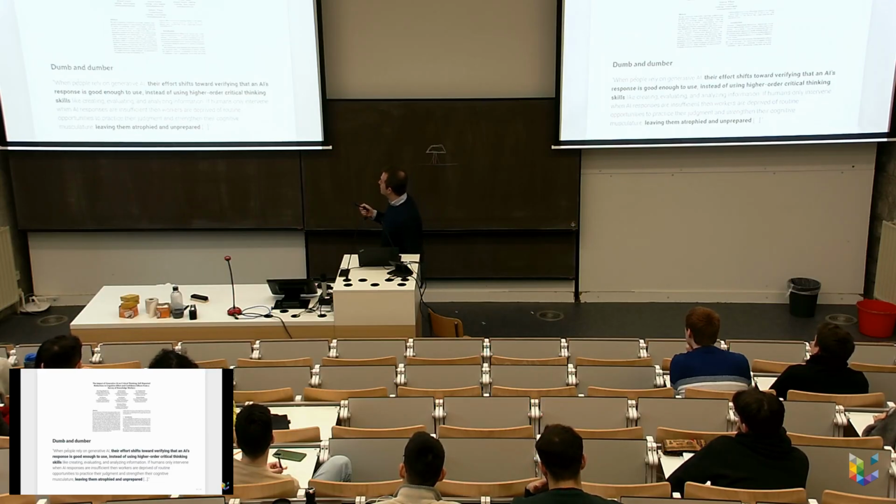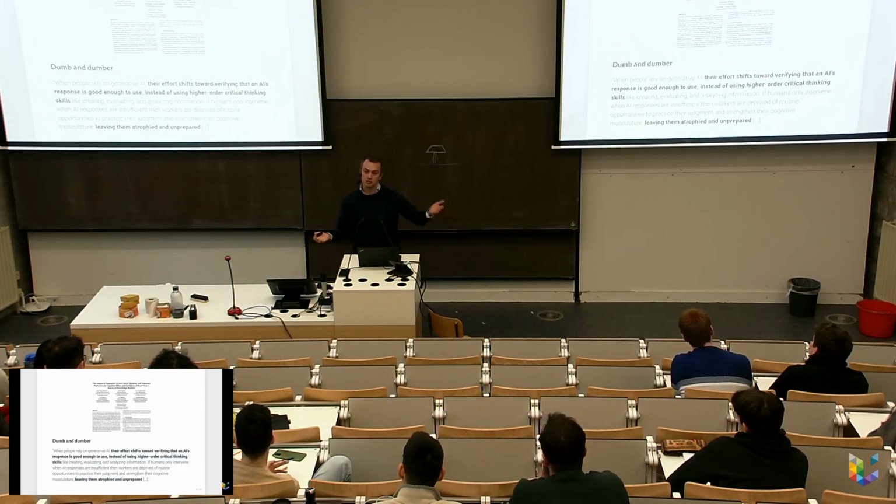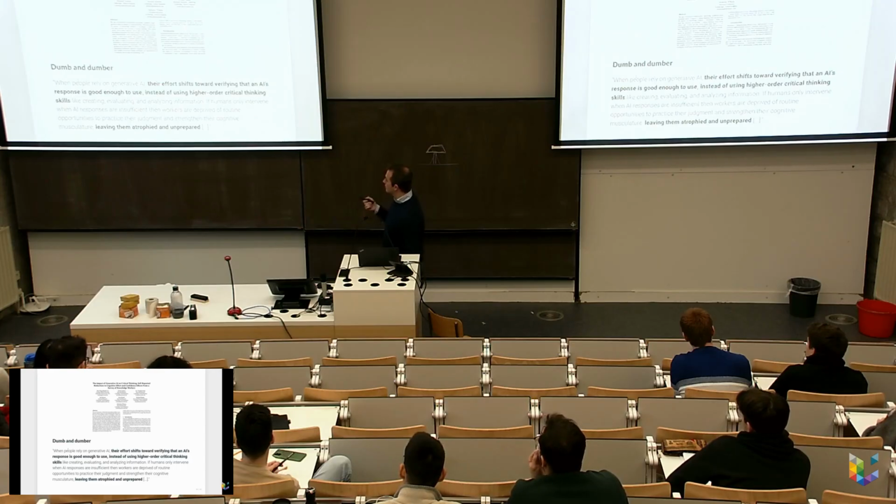When people rely on generative AI, like chatbots, ChatGPT, Claude, and others, their efforts shift towards verifying that an AI's response is good enough to use. Okay, just ask a question, it will tell you a very nice thing, and you just say, does it look good or bad? That's it. Instead of using your higher order critical thinking skills, like creating, evaluating, analyzing information. And if humans only intervene when AI responses are insufficient, which will certainly become less and less frequent as the systems get better and better, but that will still happen nonetheless,